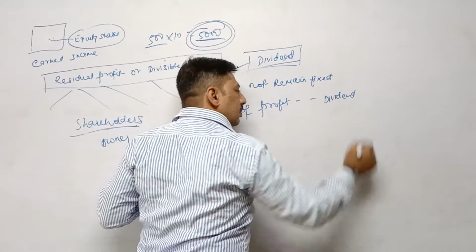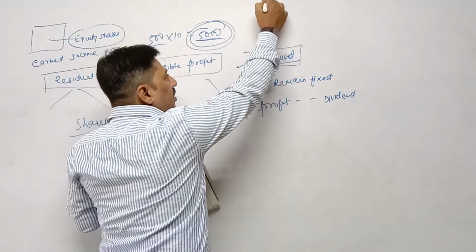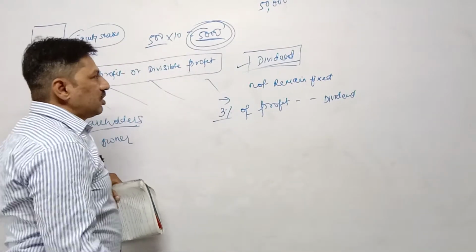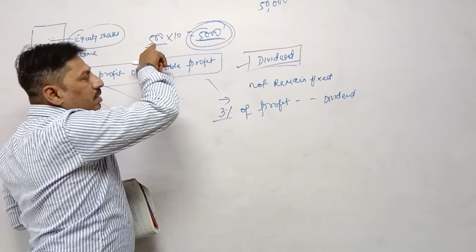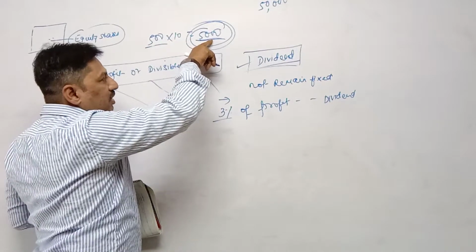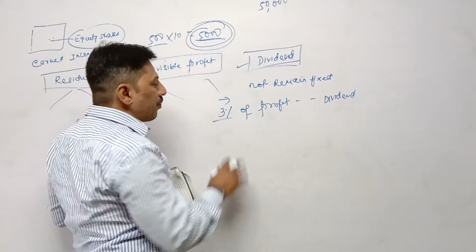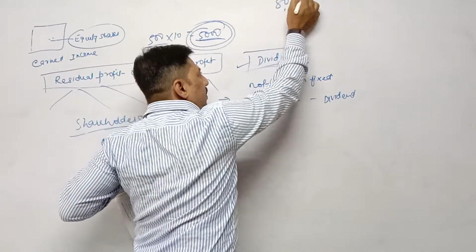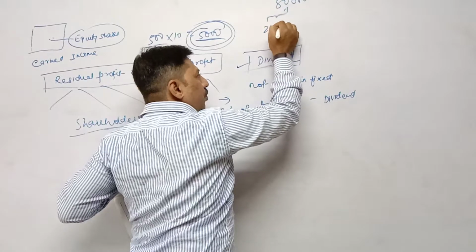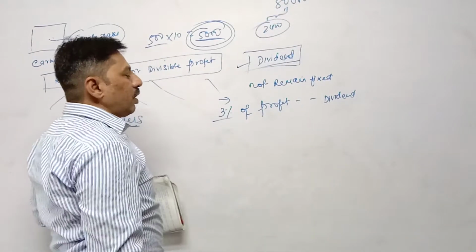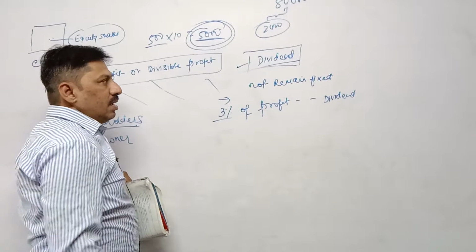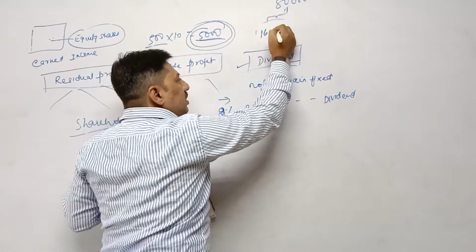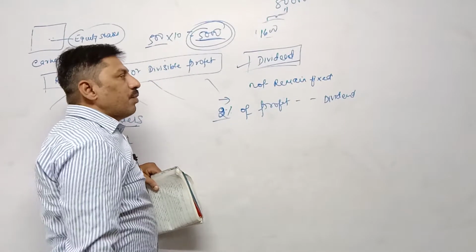3% of profit. If the company has earned 50,000 rupees, suppose 3%, how much share had I purchased? 500. It means the total invested amount is 5,000. So 3% of profit, suppose the company has earned 80,000 rupees. What is 3% of 80,000? 2,400. So here I will get 2,400. If the company decided 2%, then 2% of 80,000 means 1,600. Now I will get 1,600.